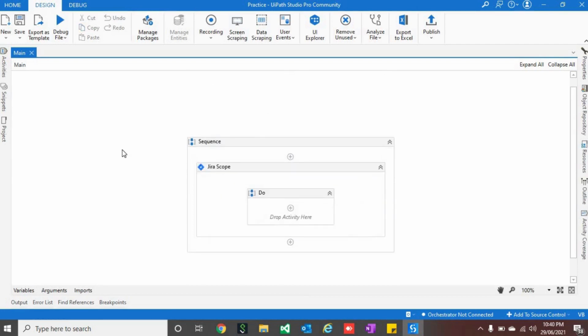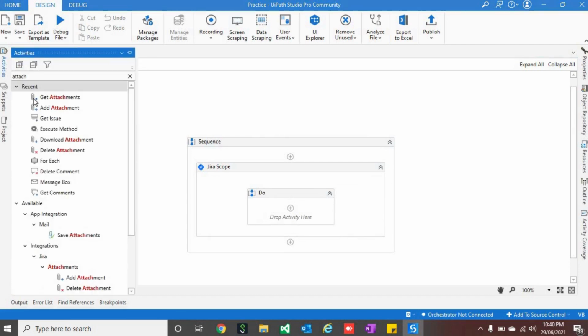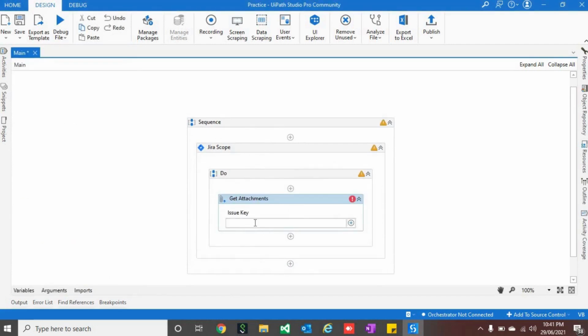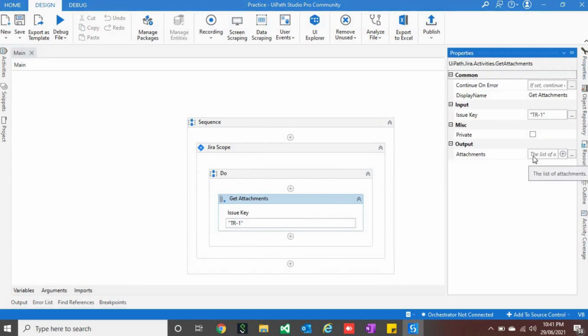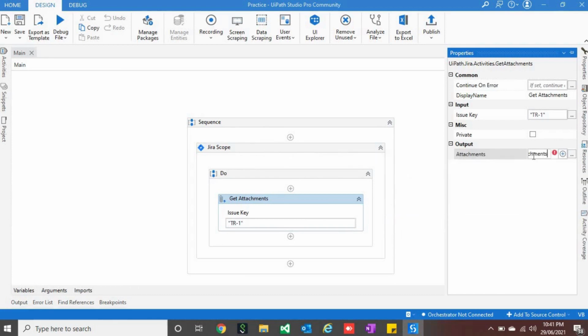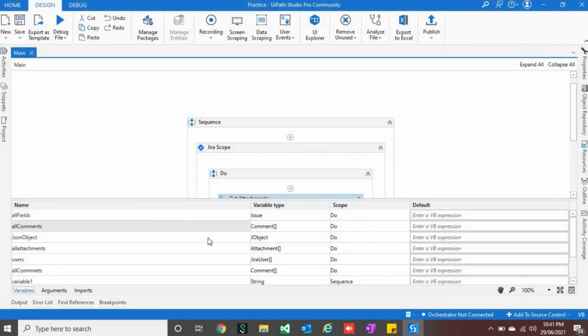If you want to delete or download the attachment, you should first use the Get Attachments activity, where you should pass the issue key first. It will return a list of attachments. I already have a variable for that, so I'll use that, all attachments. We'll see what type it is. If you see, it is of type Atlassian.Jira.Attachment.